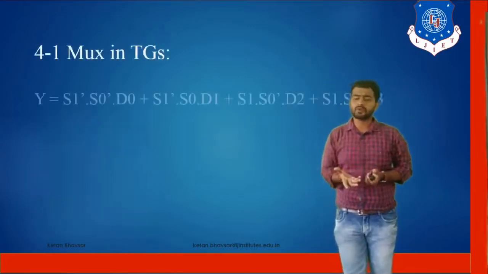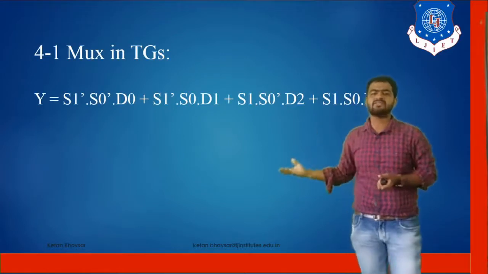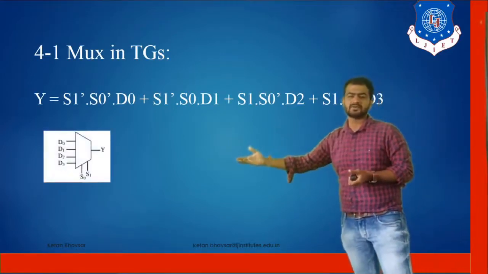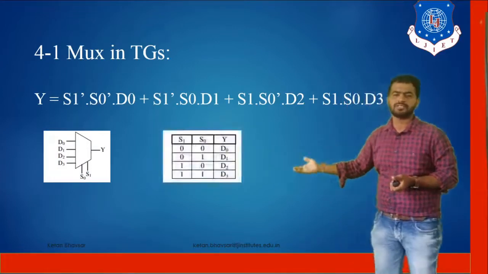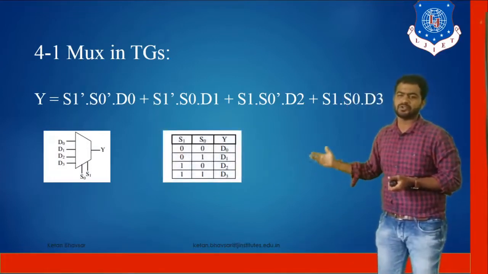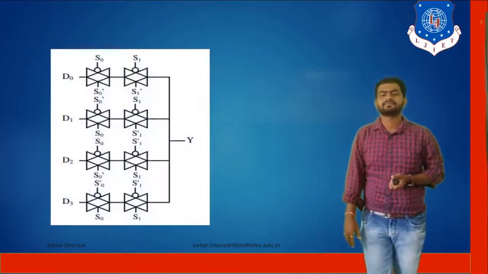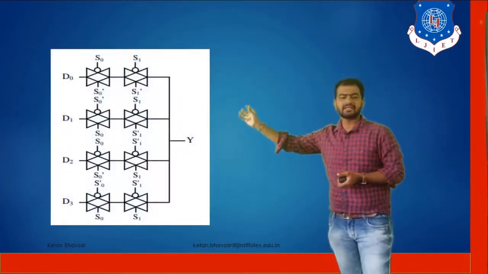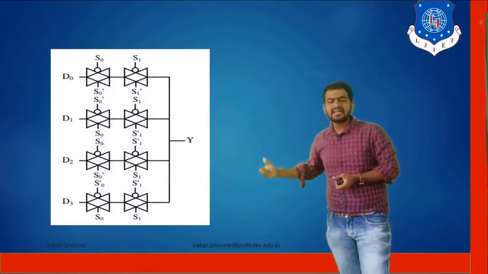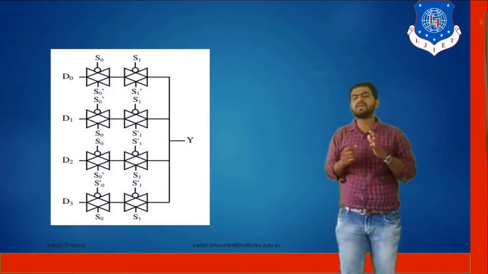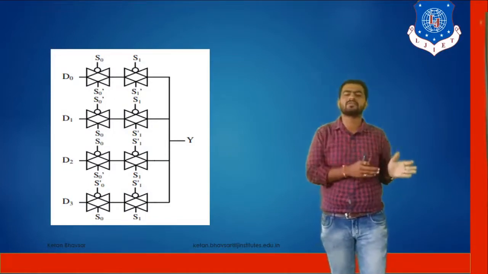Similarly, you can work on the 4x1 multiplexer. The same design we have. We have the same symbols with two different types of control signals, 4 inputs and an output, and the table for 0 0, 0 1, 1 0, and 1 1 configuration. And the design, as you can see, is in a cascading format that we connected together for the two control signals. Because right now we have two control signals, S0 and S1.